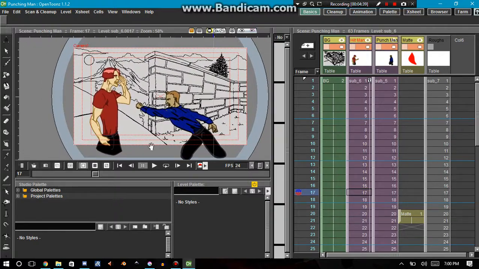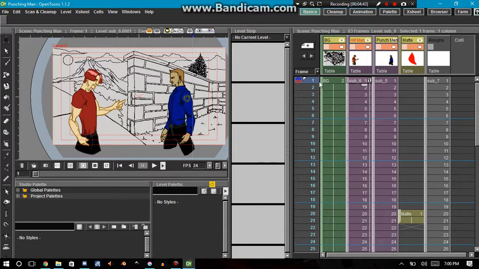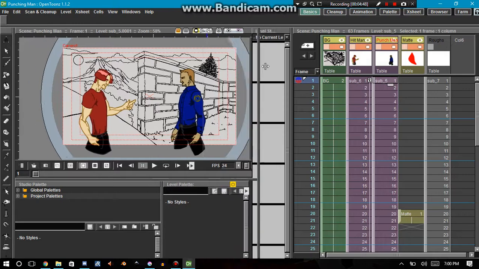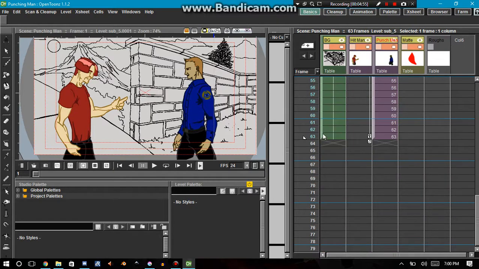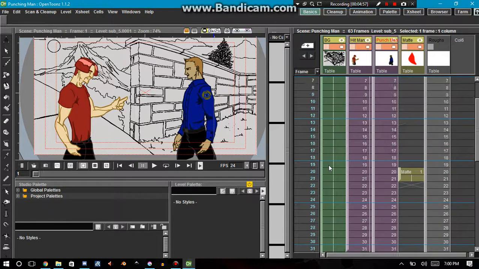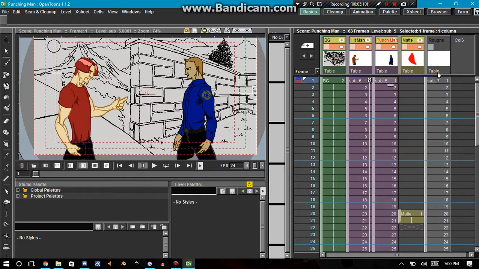You can draw each and every single level. I've already proven this. You can draw each and every single level for an animation inside of OpenToonz. But it makes the coloring process extremely difficult because here I have this 63 frame animation. And this 63 frame animation has 1 level here,